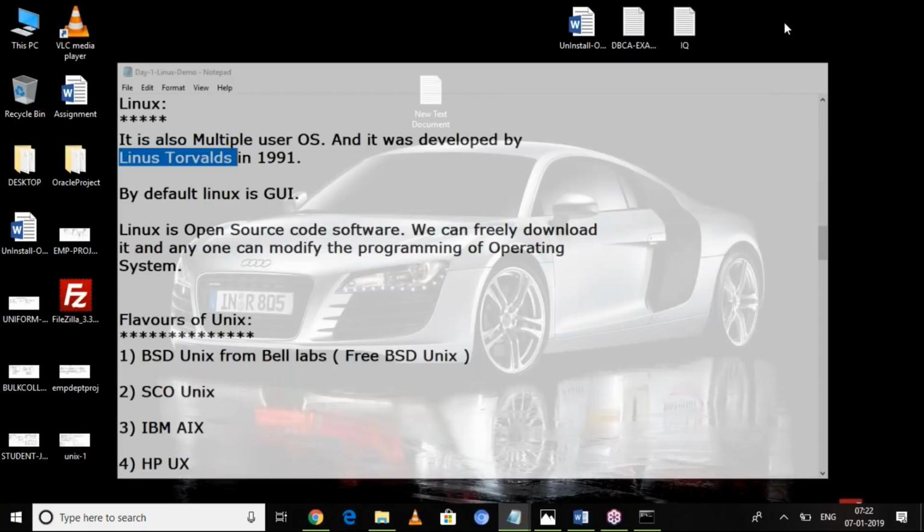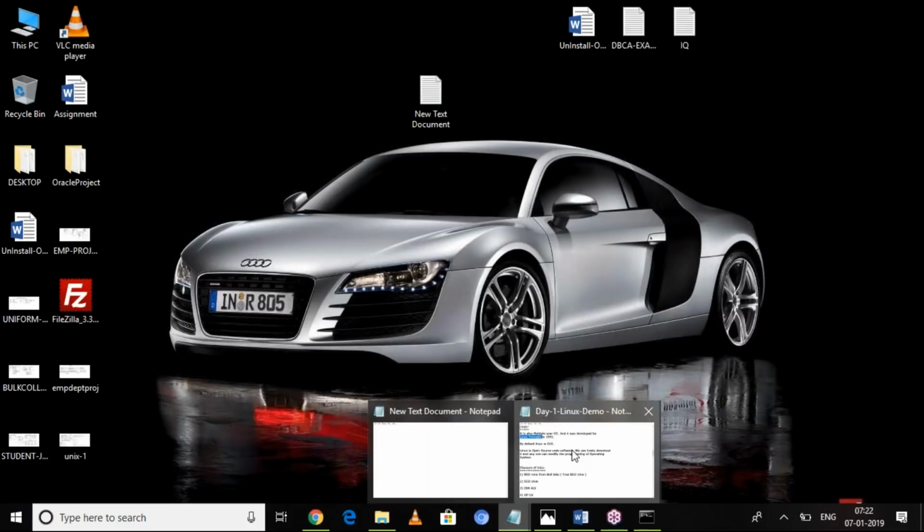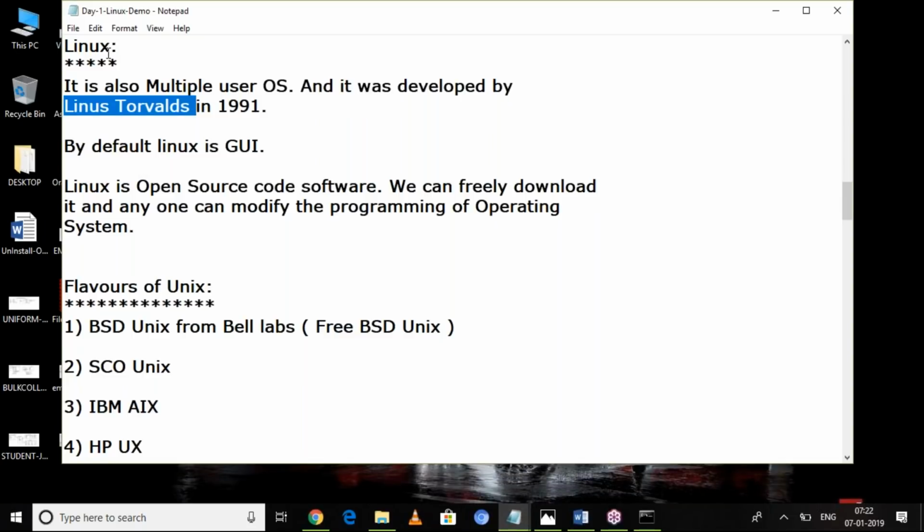Like Windows, UNIX in the early days was not GUI. So those two drawbacks are eliminated in Linux. It is open source code software. Anybody can download it freely, and anybody can make changes to the Linux operating system.